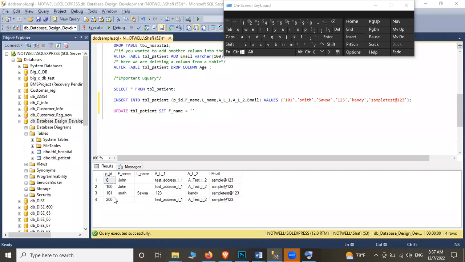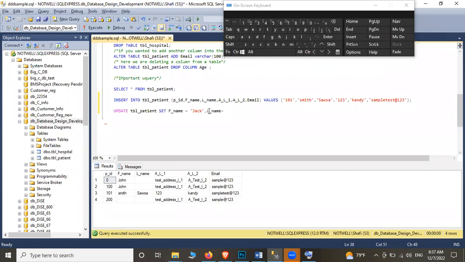We are going to update the name of the person with ID 100. We'll just insert a first name and a last name. Currently the name is John, we'll change it into, let's say, Jack. And comma,